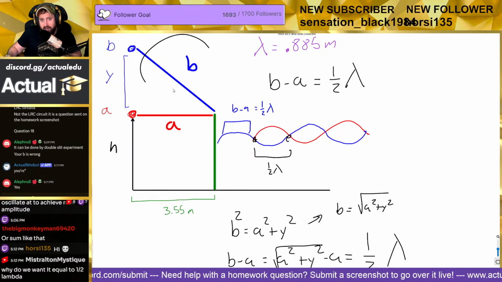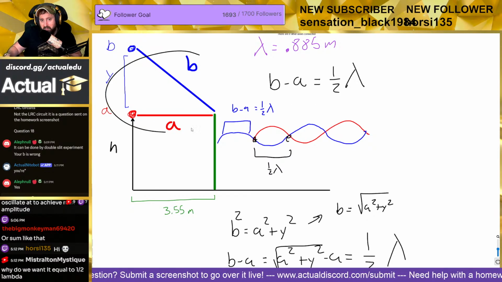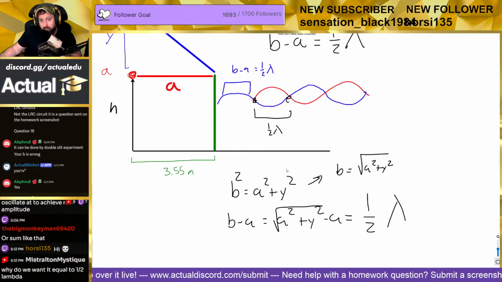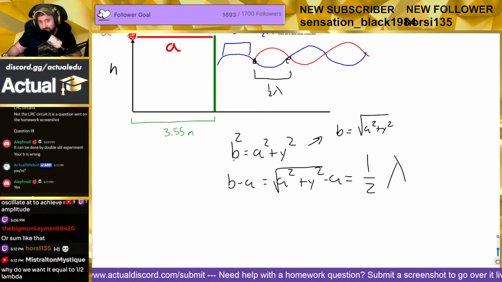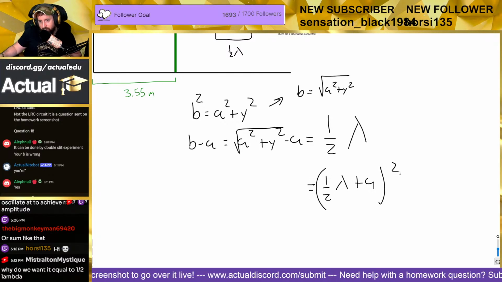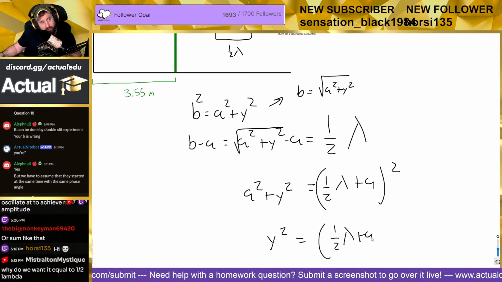So I said, okay, the length that the sound wave has to travel on B, subtracted from the length it has to travel on A, has to be half a wavelength. And from the Pythagorean theorem, I know that A squared plus Y squared is equal to B squared. So B minus A is going to be the square root of A squared plus Y squared, minus A, equal to 1/2 lambda. And now we solve for Y. So the square root of A squared plus Y squared is 1/2 lambda plus A. We're going to square that. That's going to equal A squared plus Y squared. So then Y squared is equal to (1/2 lambda plus A) squared